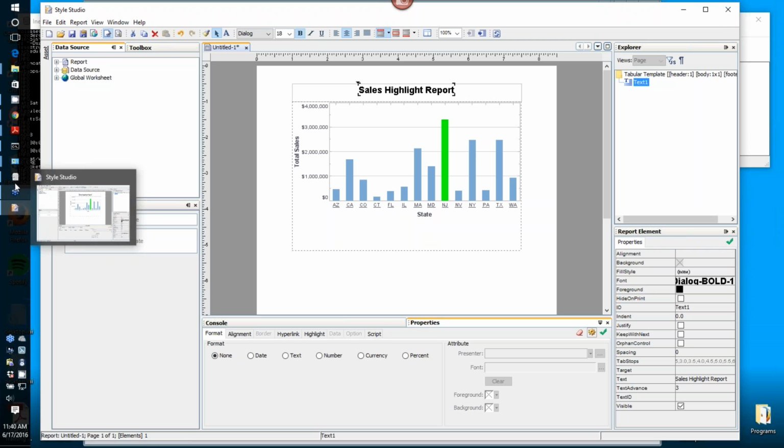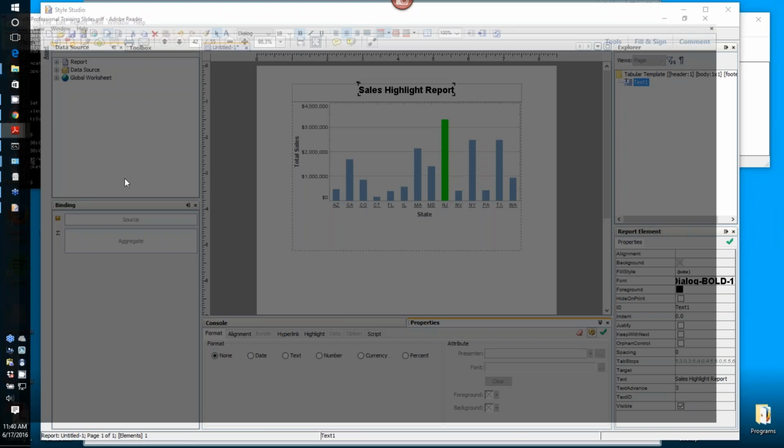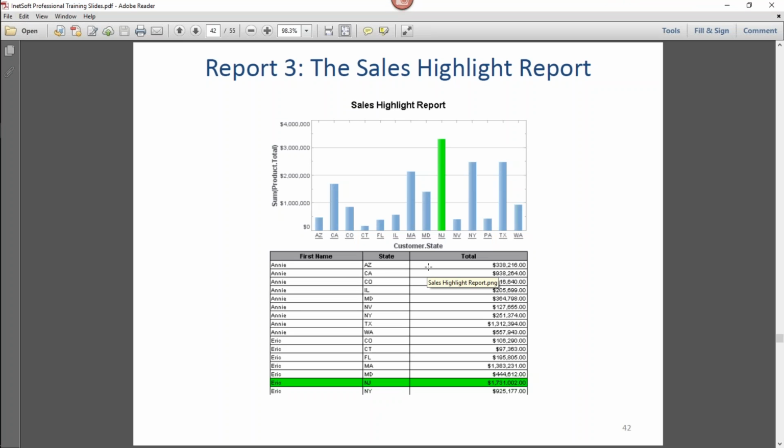Okay, now the next thing we want to do is add a table down below. Now in this case, if I can find that slide, this table is going to be, again, based on the data model. I can't simply drag in the data source to create the table because the data model has like 30 some, maybe more fields. So I'm going to have to build the table a different way, and I'll use the table wizard. Table wizard is kind of a helpful tool for building a table.